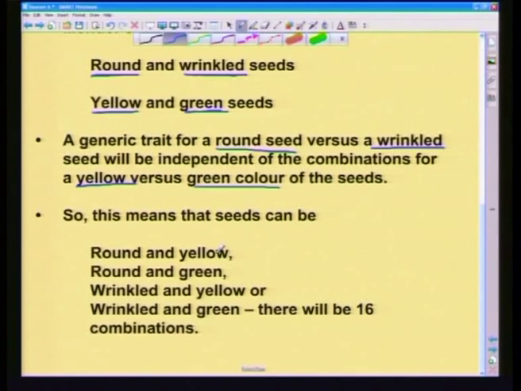Because remember, we've got two lots of characteristics. We've got round, we've got wrinkled, we've got green, and we have yellow. So we can have any of those groupings together. So they can be round and yellow, they can be round and green, they can be wrinkled and yellow, they can be wrinkled and green. So at the end of the day, we are going to have 16 combinations, wherein our normal